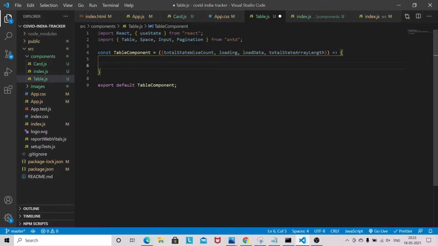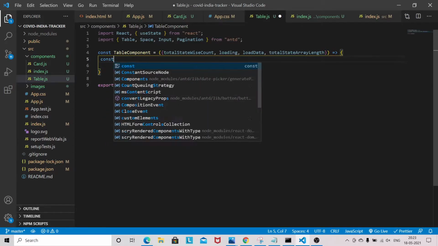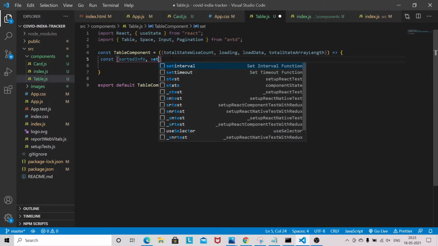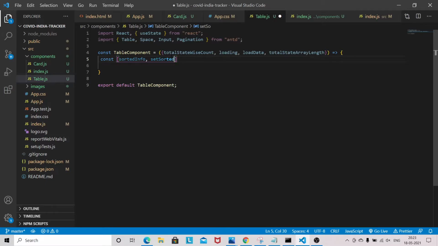We need one state here first: const sorted info, because we need to sort the column also. So we first add that state, set sorted info.